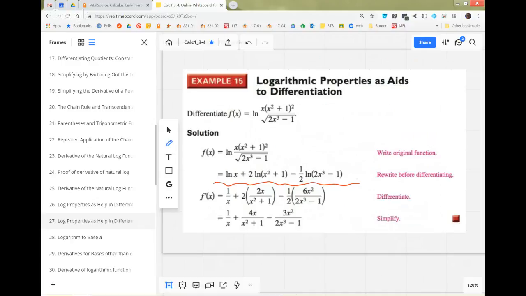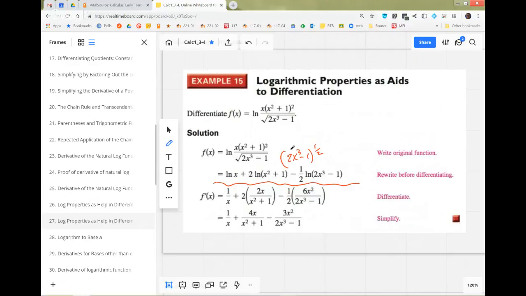And then why are we subtracting the log of that denominator? Because we're dividing. Why is it 1/2? Well, this thing on the bottom is really what? 2x cubed minus 1 to the 1/2, right? Because it's a square root. And how do you take the log of that? 1/2 times the log of the base. So